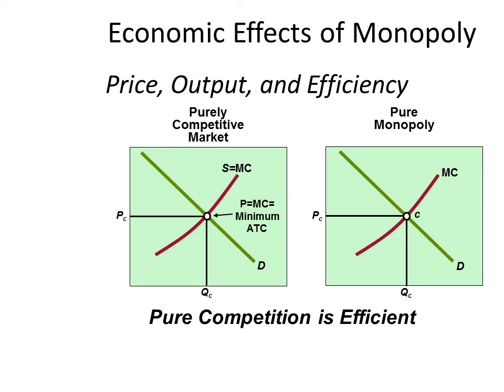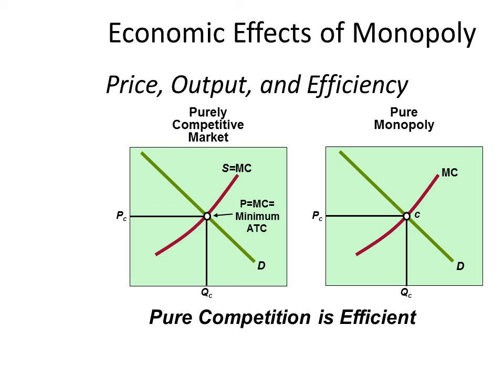Notice it says S equals MC. What does that mean? Okay, S is easy. That's the market supply. Why does it say S equals MC? It's a reasonable economic assumption that each of the producers faces a similar cost structure. In other words, they each have access to similar technologies and resources necessary to produce this particular product, in this case, oil. Therefore, they each have a similar cost structure.